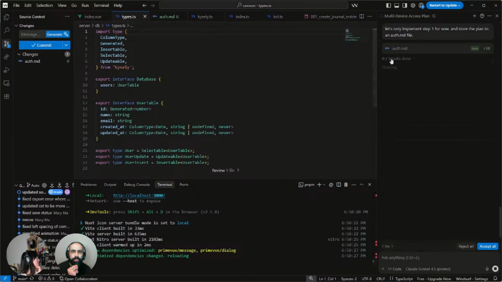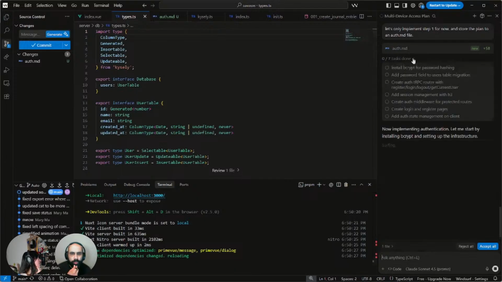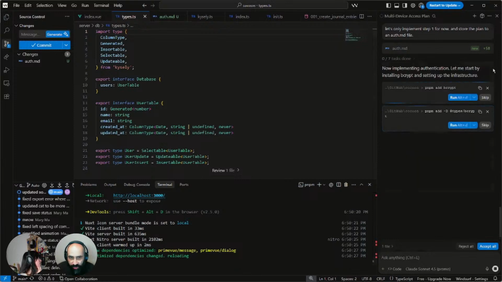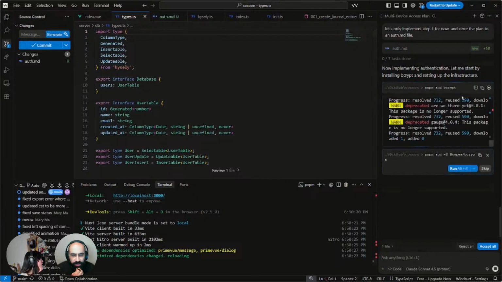Why does this say? Yeah, it's even broken that down into multiple steps here. So it's using PNPM right off the gate. We didn't have to tell it. It's interesting that I had auto selected. Sometimes the first one you have to manually do. So I guess in this case, let's just let it run free.